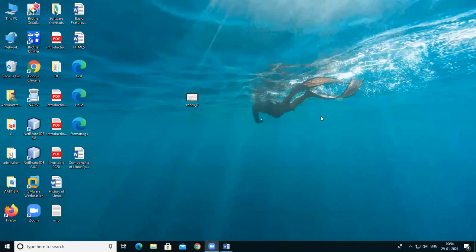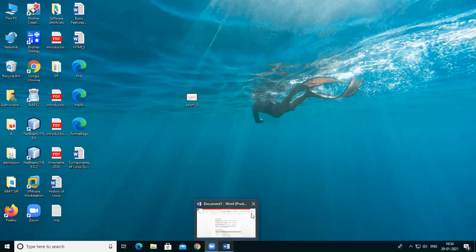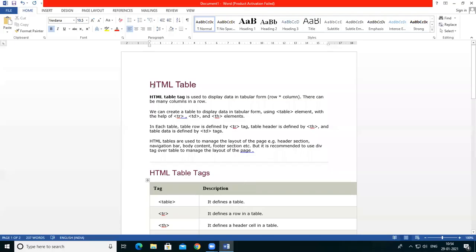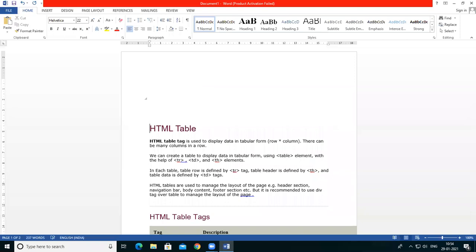So in this lecture, I'm going to teach you some of the tags that are included under HTML. We studied the formatting text tags in the last lecture, that is bold, italic, underline, which are related to the format of the text. In this lecture, I'm going to teach you another set of commands that are used under HTML.